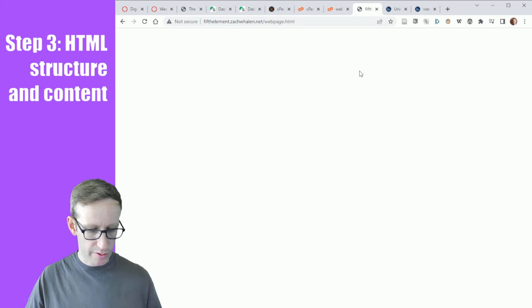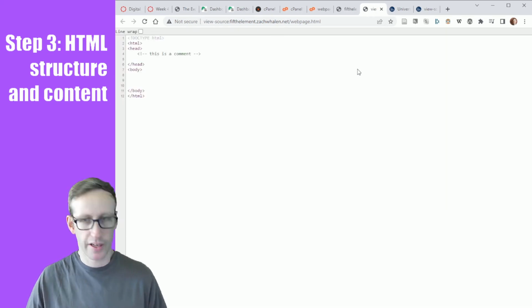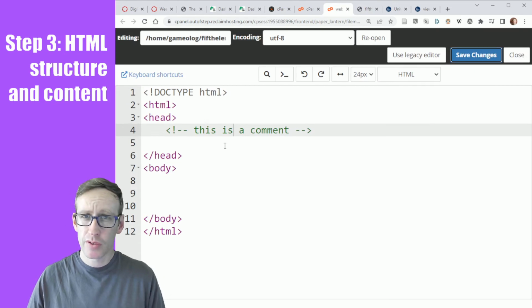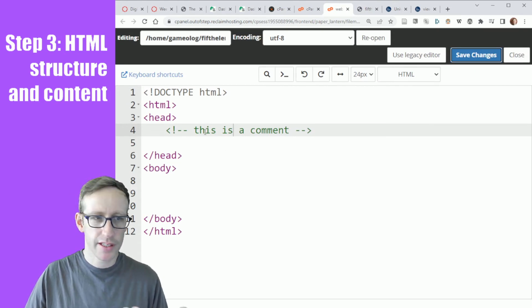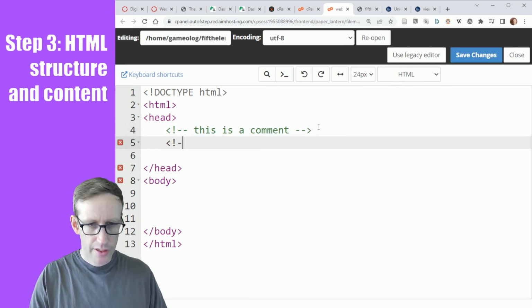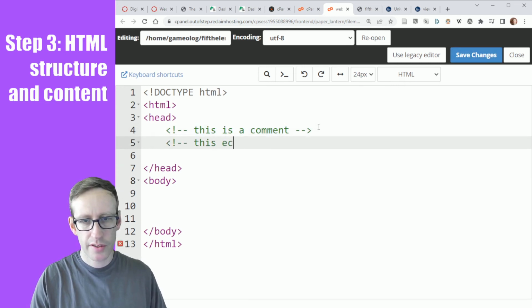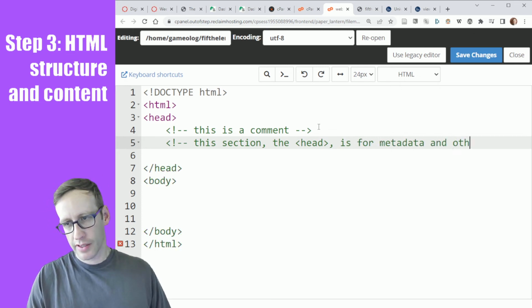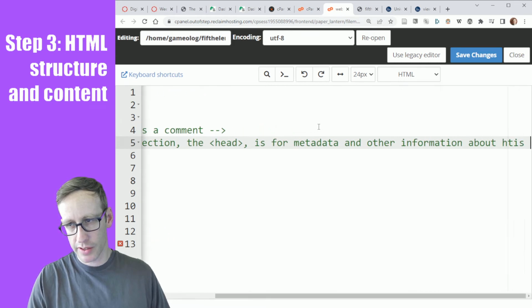It's just there in the source code, and I can look at it, and there's the source of the code that I just wrote. So it might be helpful for you to use comments to leave notes to yourself as you work. That's kind of what I like to do. So I'll say this section, the head, is for metadata and other information about this